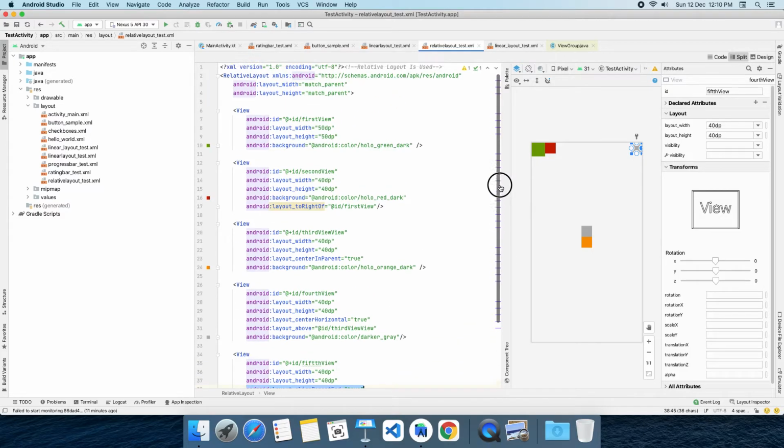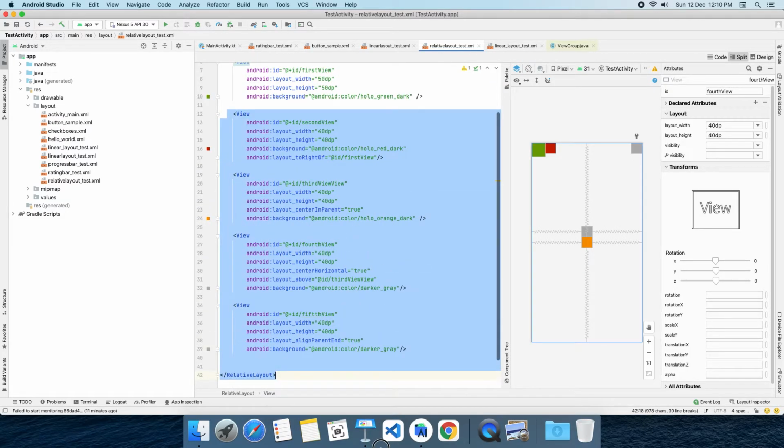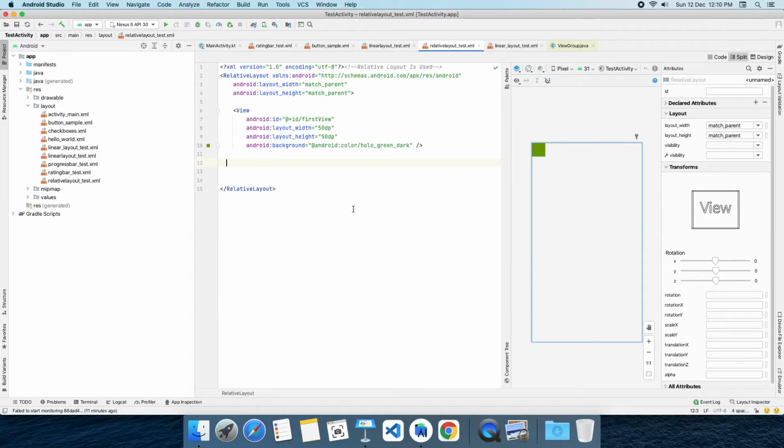Now consider this green color layout. Remove all other views, and let's go one by one. Take this green color layout. It has a 50 dp width and 50 dp height inside the relative layout, with some background color for identification purposes. Now create another view.